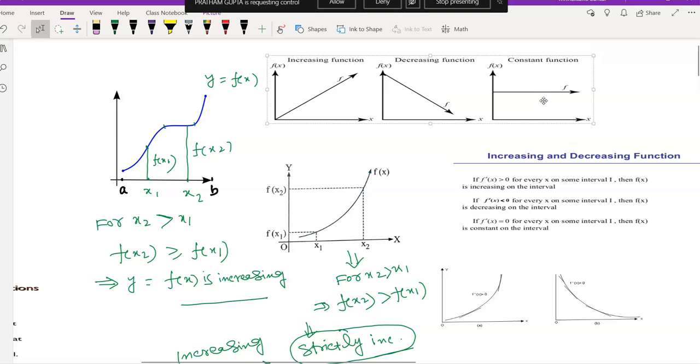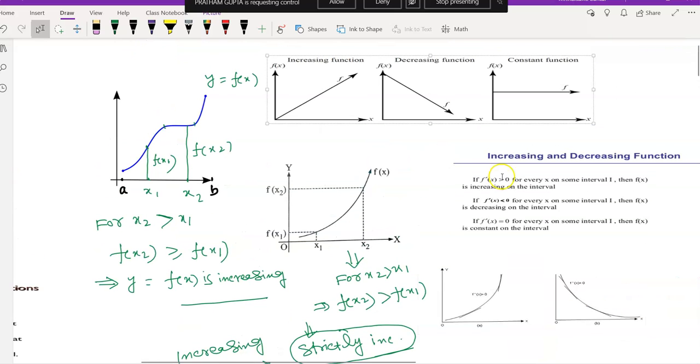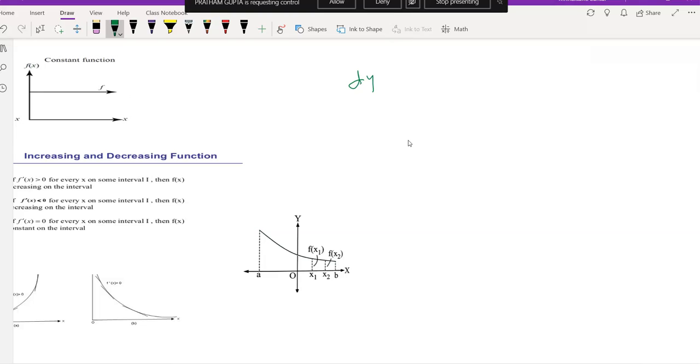Now there is a meaning of the increasing and decreasing property with the help of the derivative. Okay. If I try to remind you the definition of the derivative of a function, dy by dx, how many different ways are we able to write dy by dx? One can say that it is (f(x plus h) minus f(x)) by h. Under what condition? When h is tending to 0.